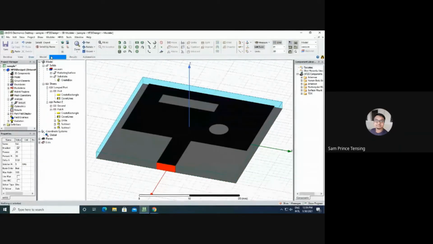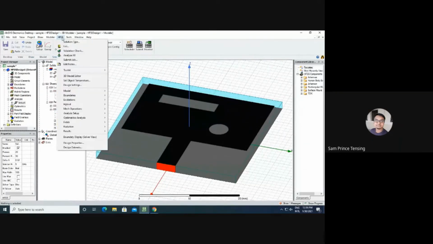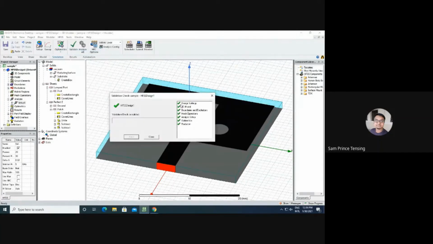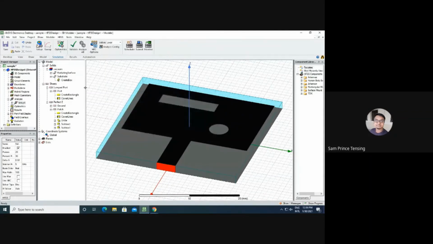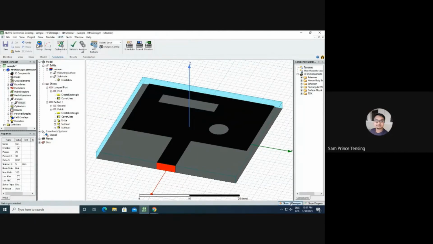Designing part is over. Now the simulation part. Click HFSS, validation check. Now you will get all tick marks, which means your design is correct. Now press HFSS, analyze all.